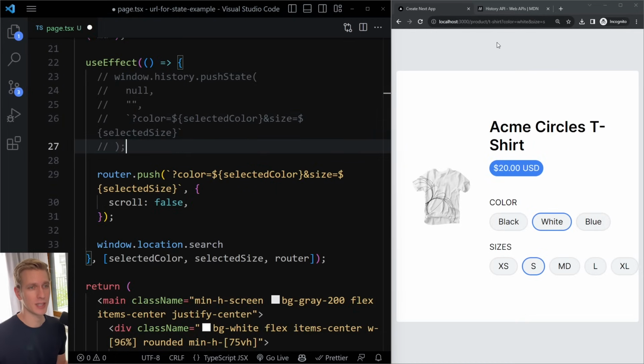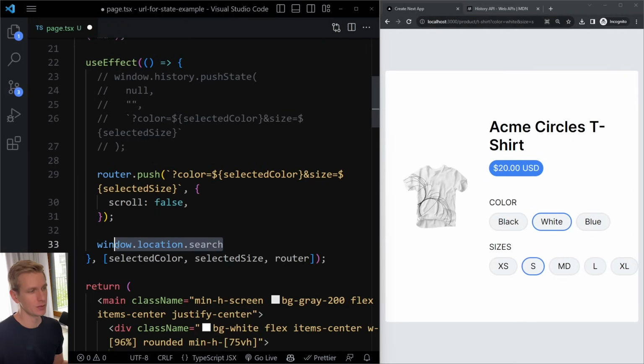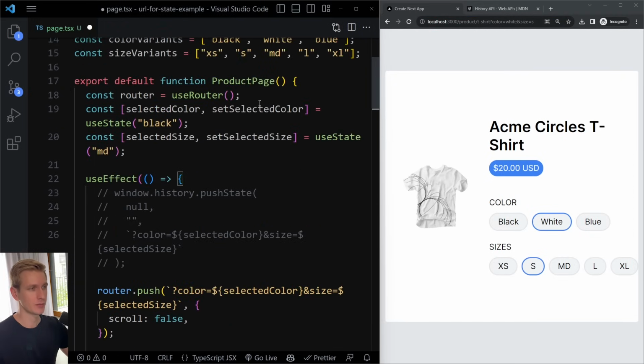Now in a URL, you also have path parameters. So here in this URL, I have /product and then /t-shirt. You could say that's a path parameter. It's part of the path. And then after the question mark, you have the query string. So we could use the native browser solution to read the data from the URL, but Next.js also helps us out with reading. We have something called